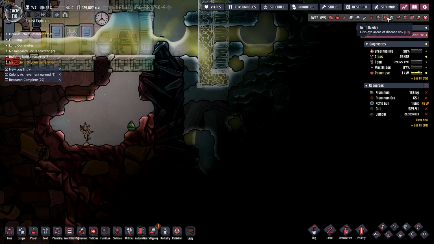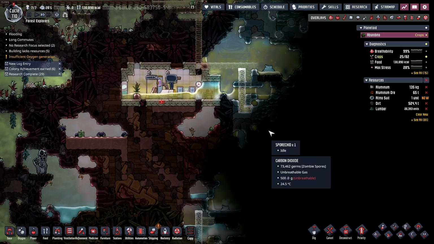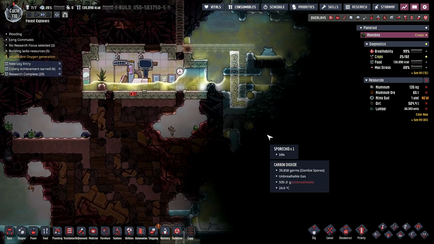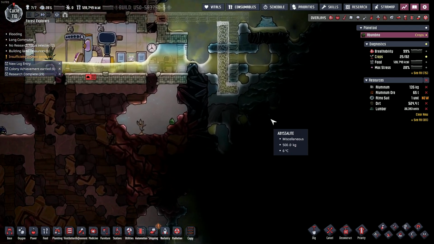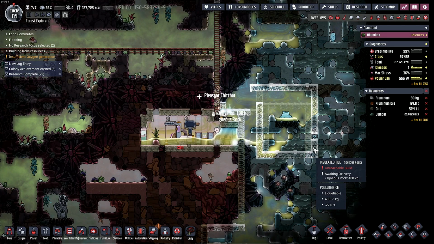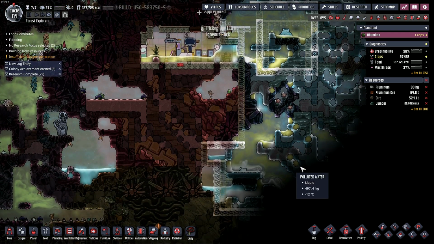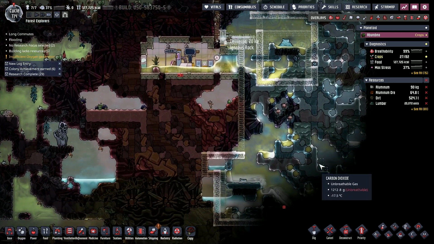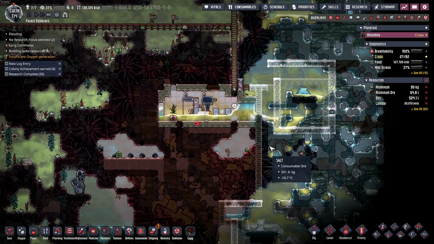What in God's green earth is this? Why do we have zombie spores right there? Are you joking, game? Oh my god, this is terrible. This is awful. Oh my god, my friends, we are finally almost there. Almost. We still are not there. But well, I have been thinking, taking advantage of the time that it's taking them to think on how...